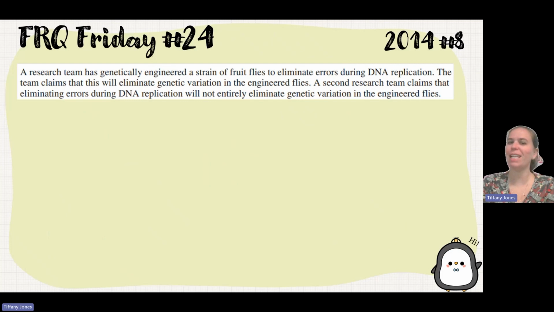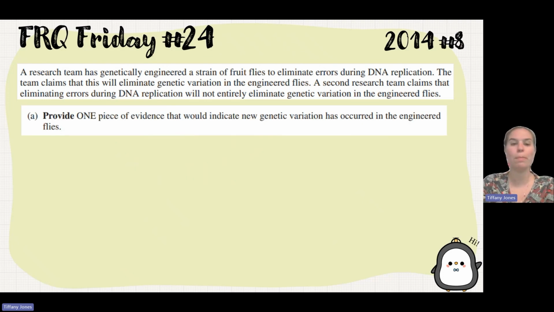A research team has genetically engineered a strain of fruit flies to eliminate errors during DNA replication. The team claims they will eliminate genetic variation in the engineered flies. A second research team claims that eliminating errors during DNA replication will not entirely eliminate genetic variation in the engineered flies. Part A asks us to provide one piece of evidence that would indicate new genetic variation has occurred in